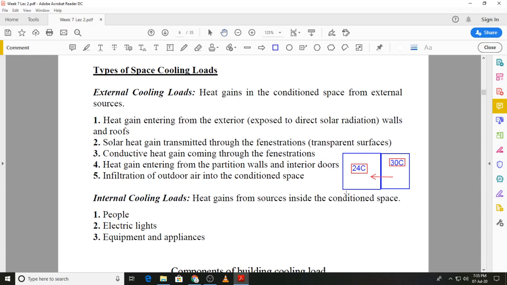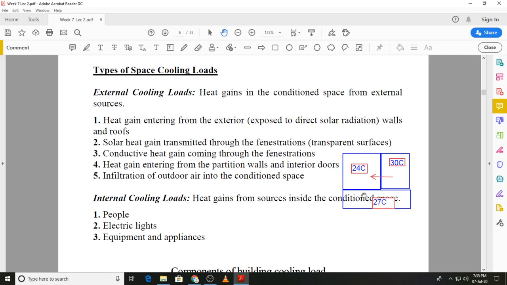For example, if we have a basement over here, and this basement we can consider again is not conditioned, so it is at a temperature, for example, of 27 degrees C,